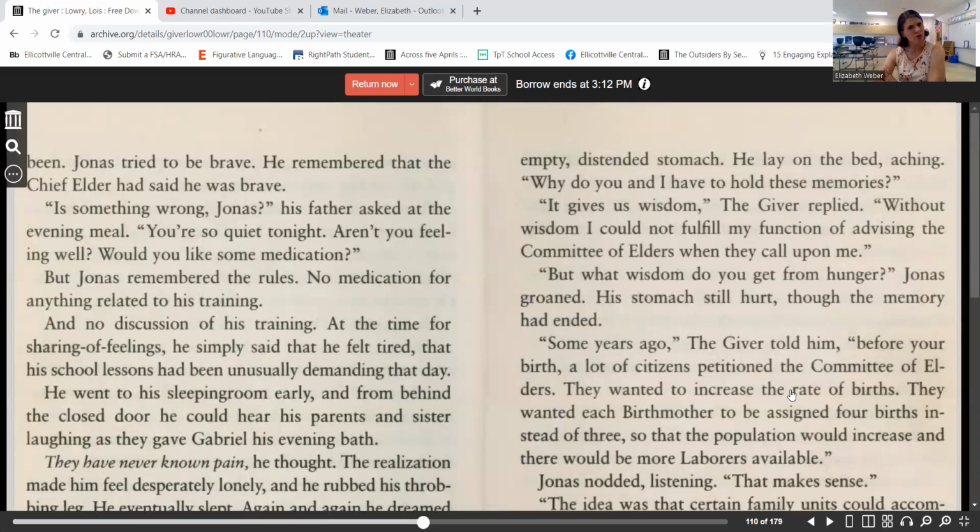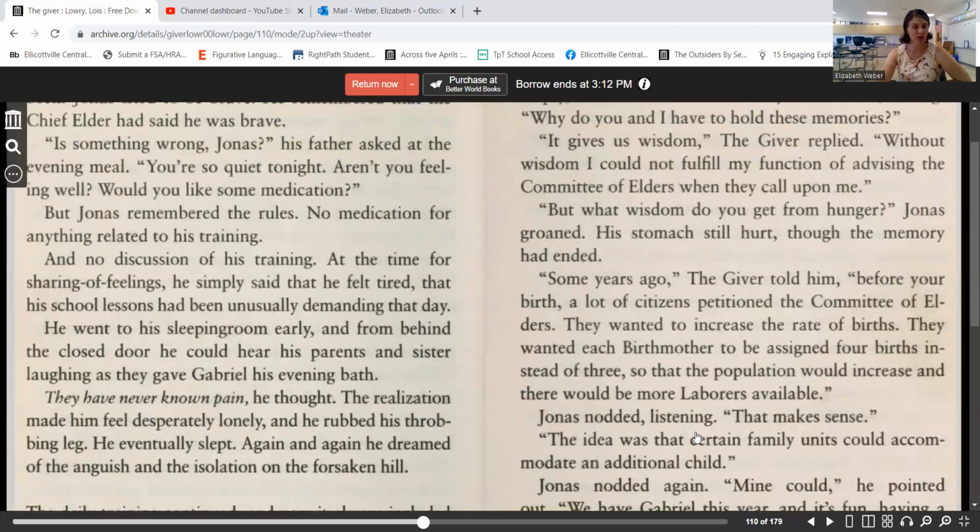"Is something wrong, Jonas?" his father asked at the evening meal. "You're so quiet tonight. Aren't you feeling well? Would you like some medication?" But Jonas remembered the rules. No medication for anything related to his training, and no discussion of his training. At the time for sharing the feelings, he simply said that he felt tired, that his school lessons had been